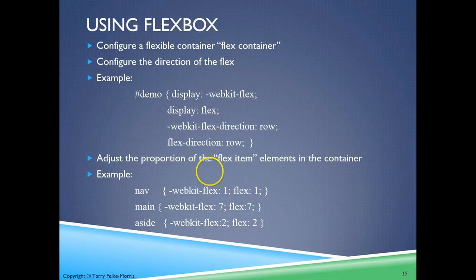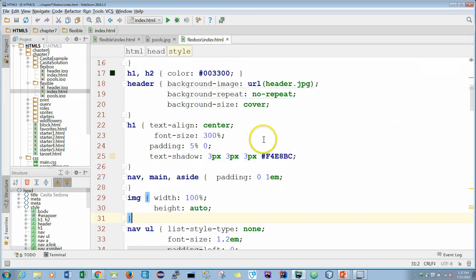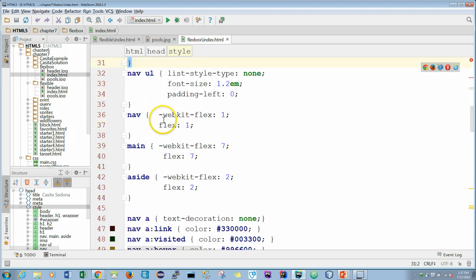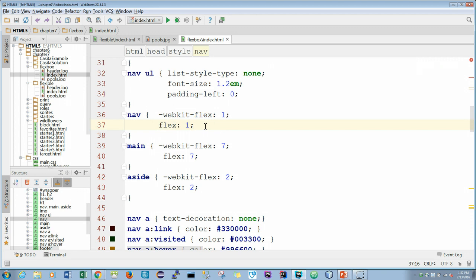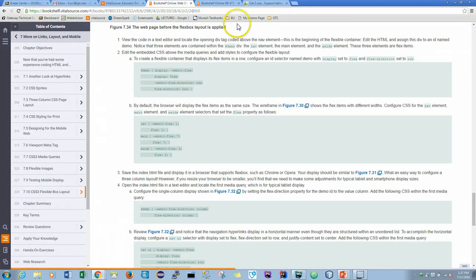Right. So the WebKit is for Chrome only, and this Flex here is for every other browser that supports it. If it's not supported, then it's not working. Yeah, and how do we know if it works? You always go to this site here, okay, right here,